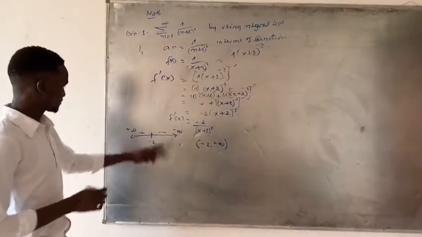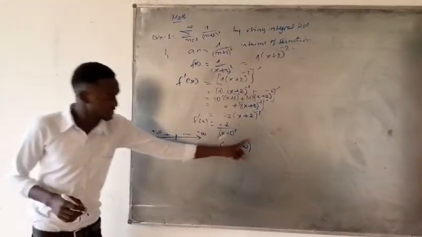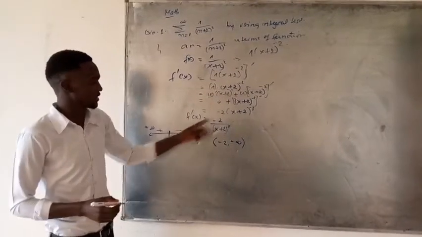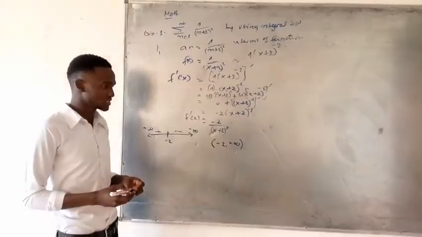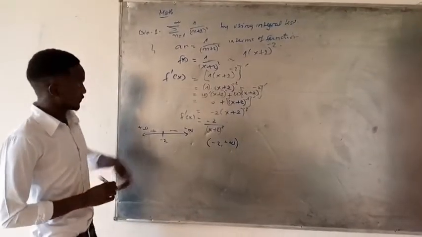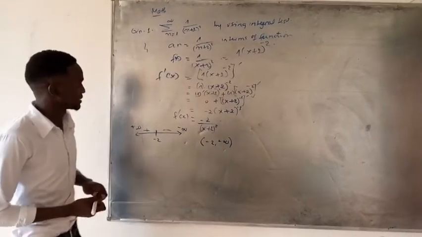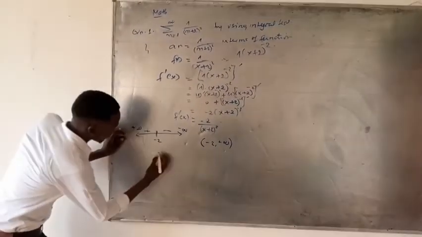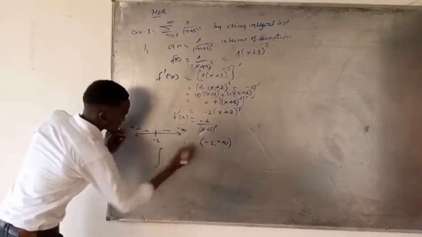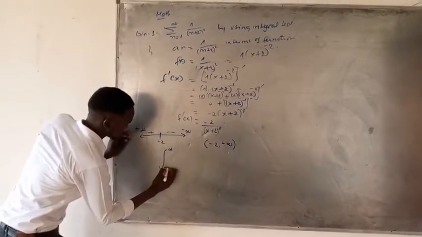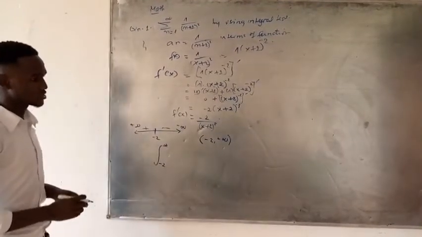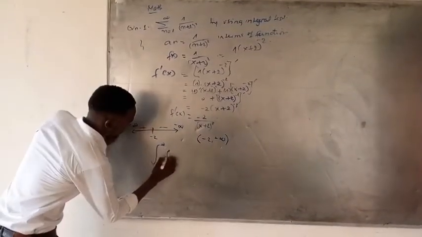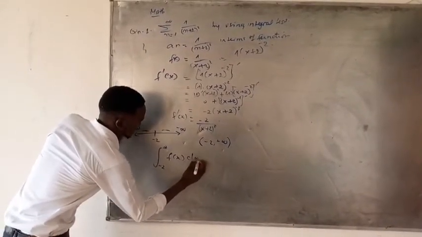So here we are going to use this interval in order to integrate the function we have, and we will integrate the function but not the derivative. So here we put the integral from negative 2 to infinity of the function you have. This is f of x, then dx. This will be equal to